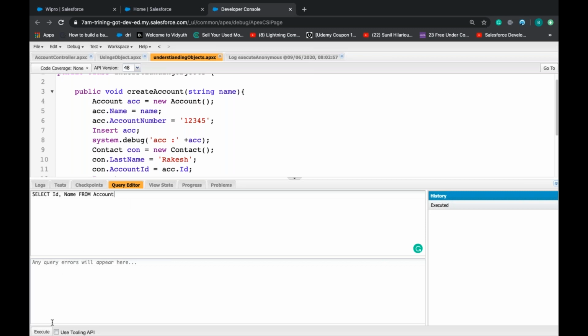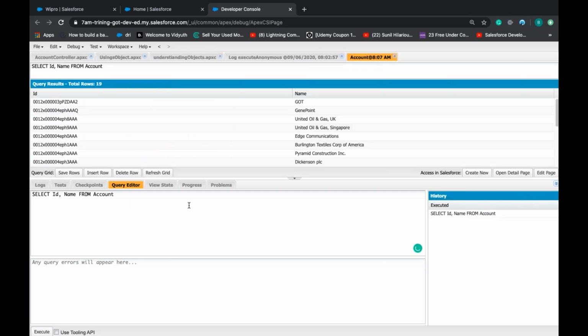This will give the list of accounts. Then how to get the related contacts of this account? First let us see how to get the contact data. Select Id, LastName from Contact